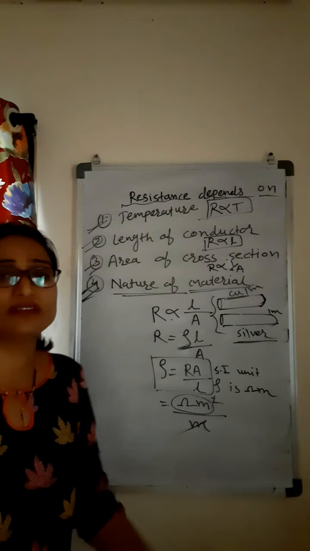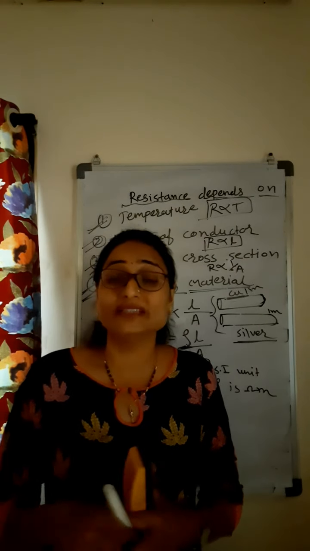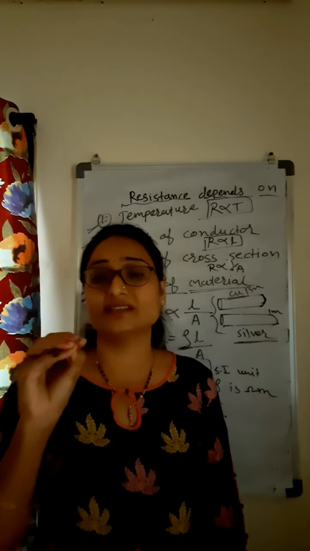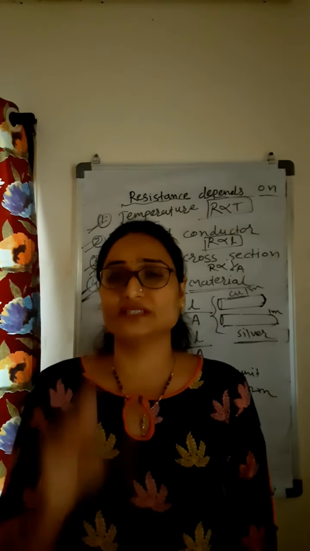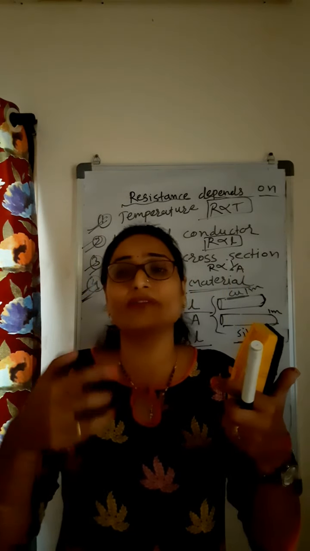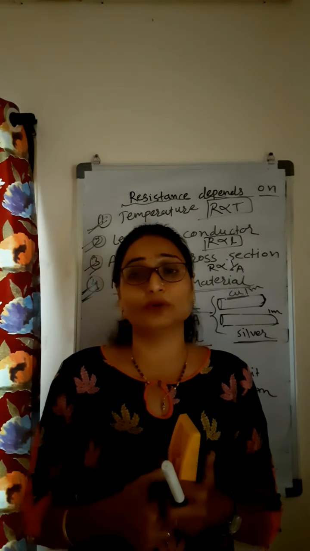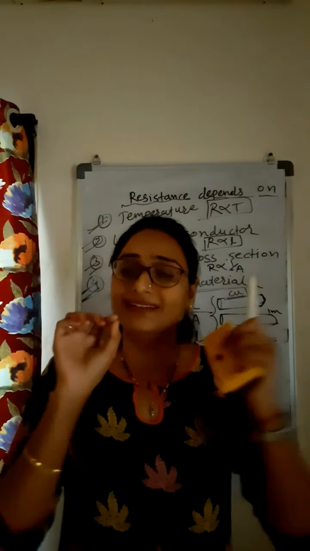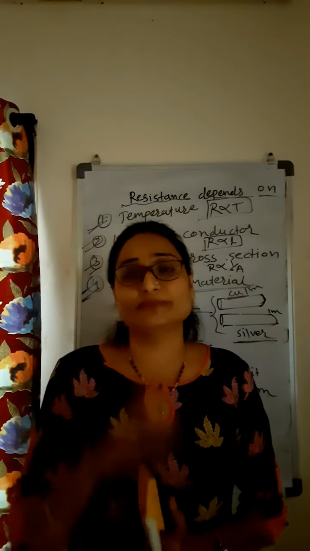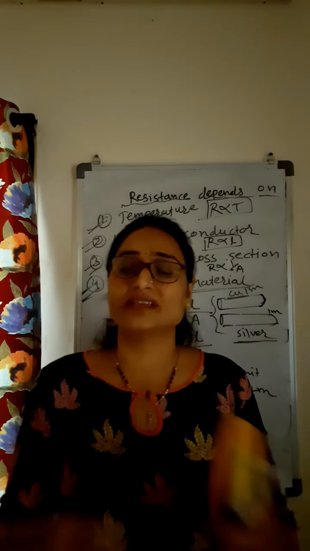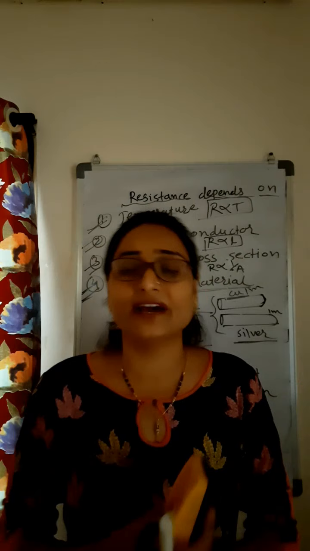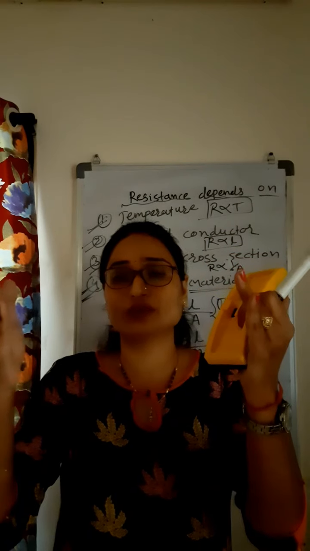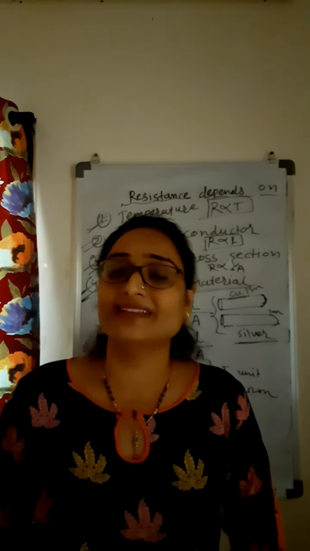Resistivity is specific resistance, the specific resistance provided by that conductor. If I am taking a copper wire, how much resistance can this copper wire produce? That is resistivity. If I take a short wire or a long wire, the resistivity will be constant because it is made up of copper. If both the wires are silver, they have the same resistivity. If you take two different metal wires, suppose one is copper and one is gold, both wires will have different resistivity.